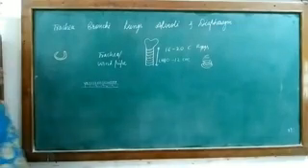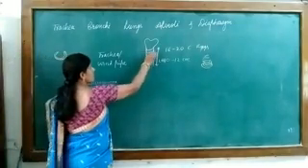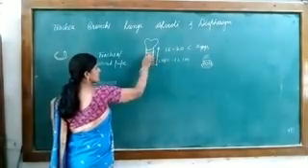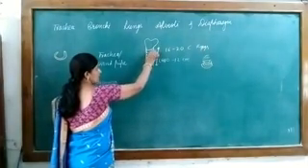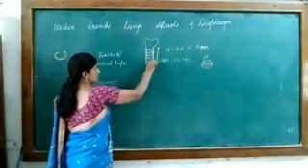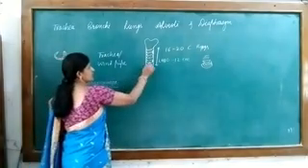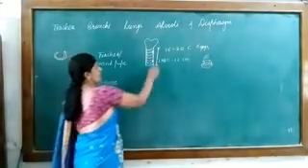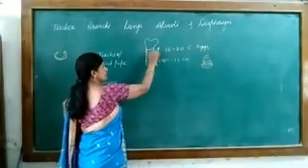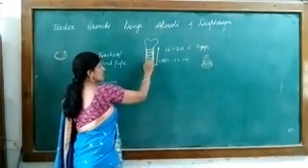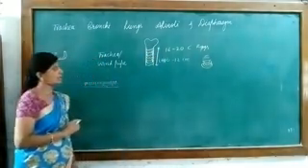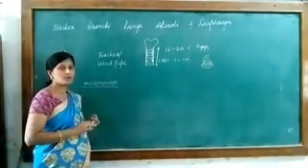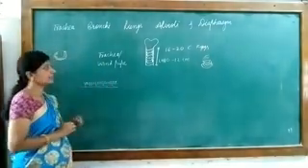Apart from that, the mucous glands are present here, and all the time this trachea will be moist because of these mucous glands. Mucous glands secrete mucus. Due to the sticky nature of that mucus and the ciliated epithelium, the germs are trapped easily and prevented from entering our respiratory tract. So these are the points we have to remember regarding the trachea.